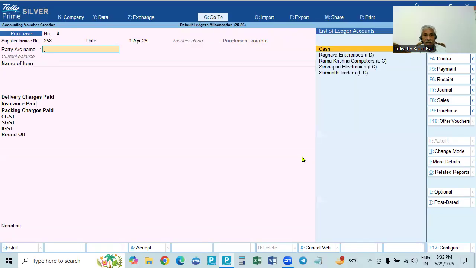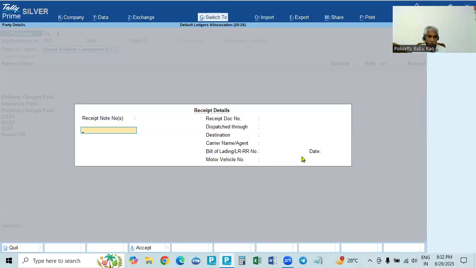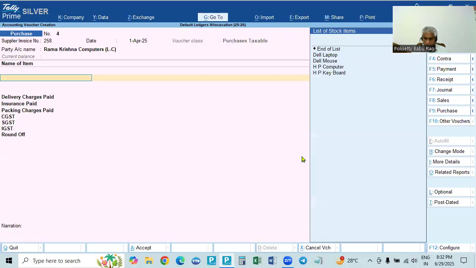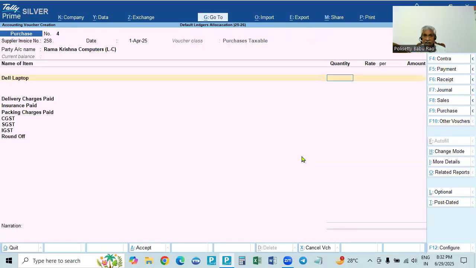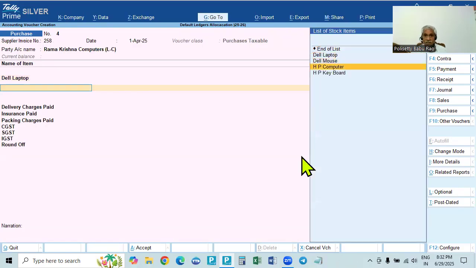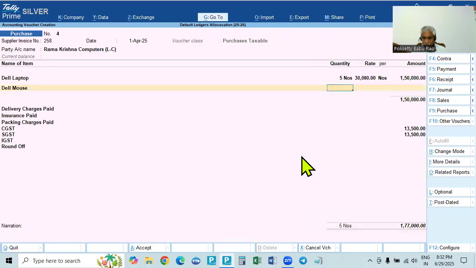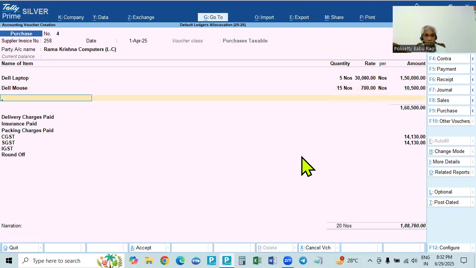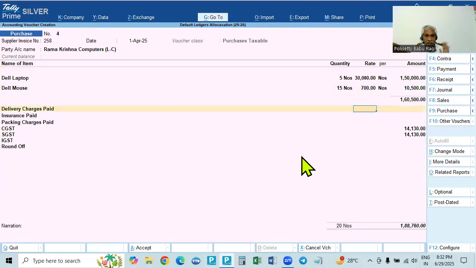Okay, 1st April, and we are purchasing from a local creditor. So we are purchasing Dell laptop, 5 items, each 30,000. This is only an example. And also we are purchasing Dell mouse, 15 items, each mouse 700 rupees. And that's all. After the total, see, automatically when the class purchase taxable is selected,